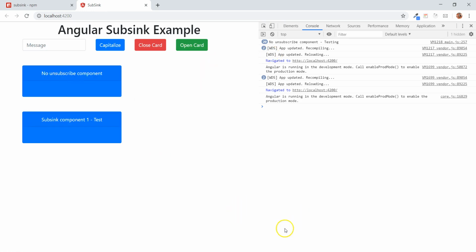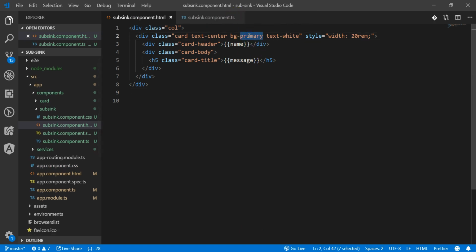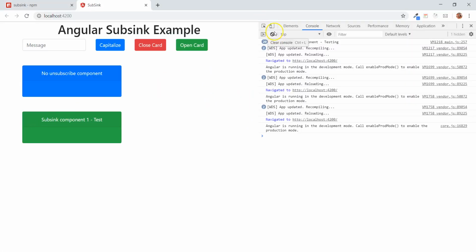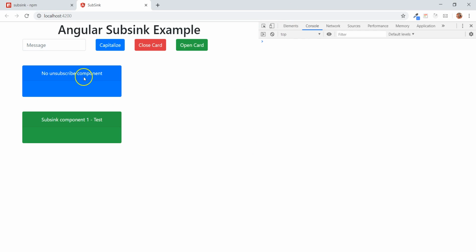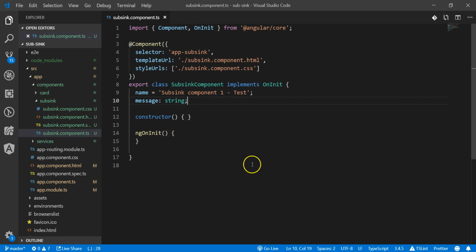Let me change the color of this. I'll change this to bg-success right here. So now you can see both components. I have the no-unsubscribe component and the subsync component 1. So what I want to do next is here in the ngOnInit, we need to subscribe to the